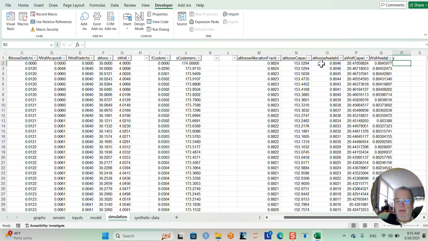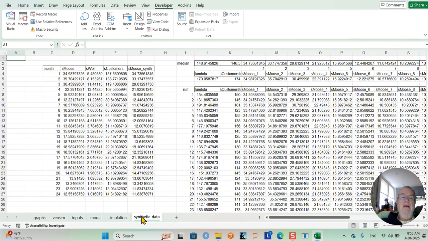Other allocation rules could be posted here. This capacity for both changes over time as well. This thing called availability tends to be constant in this model. That needs some work. So that's the wind-up for what we're doing over here in this sheet, which is the